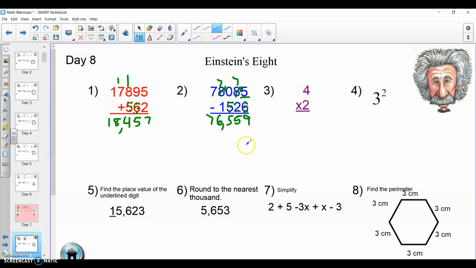Okay, so subtraction continues to be a little bit of a problem. How about number 3? 4 times 2. 8. All right, this might be new for some of you. You're going to be working in the book on this in just a few days. So first of all, if you're not paying attention, make sure you're looking back here, right here. The bigger number is called